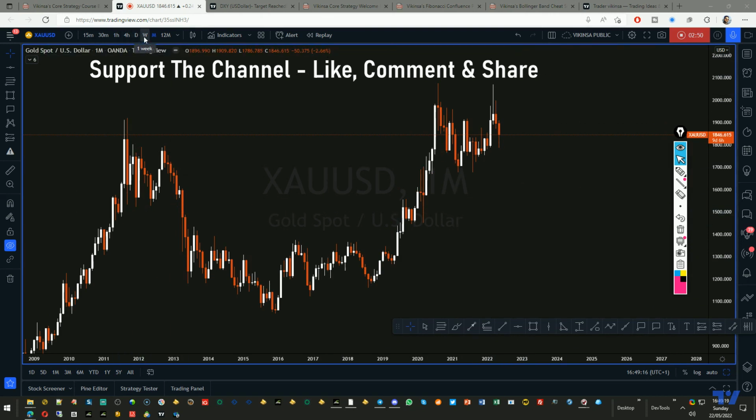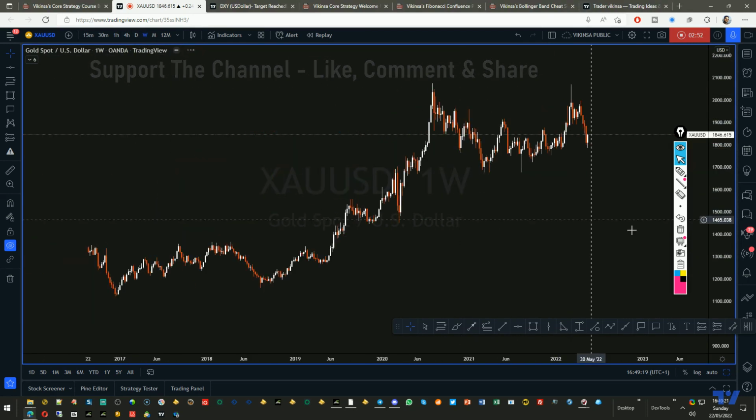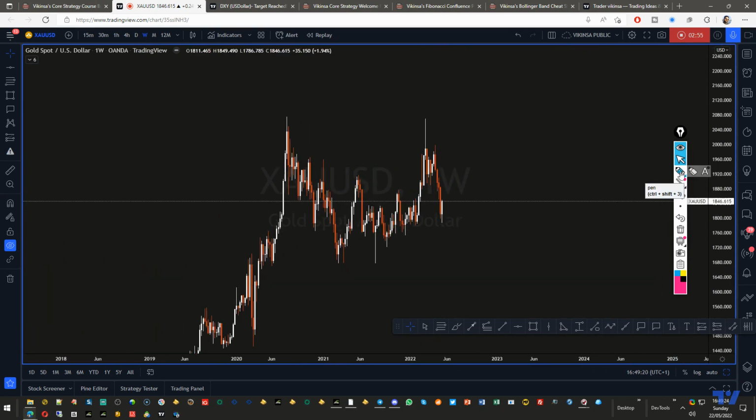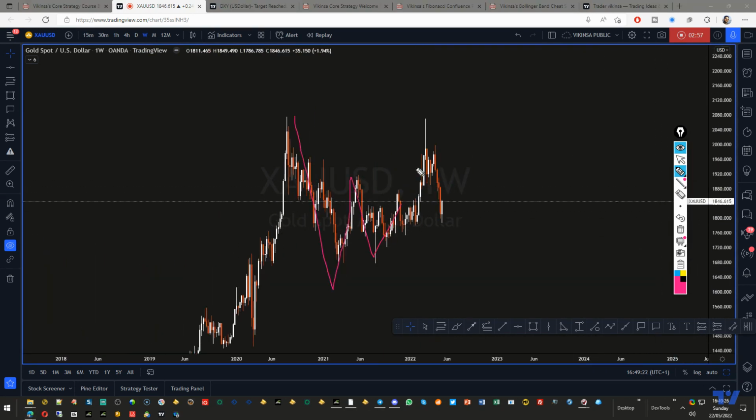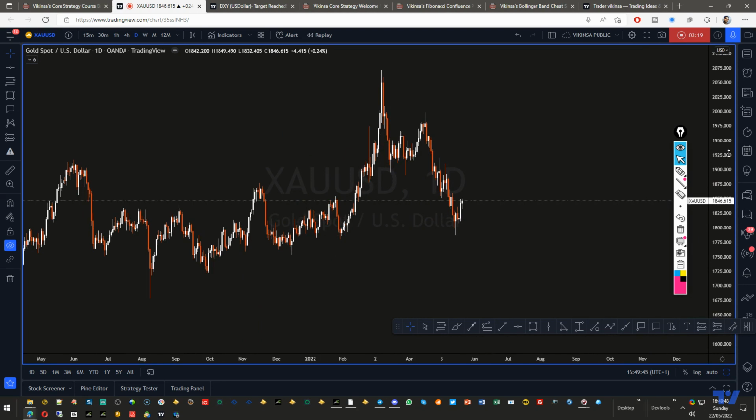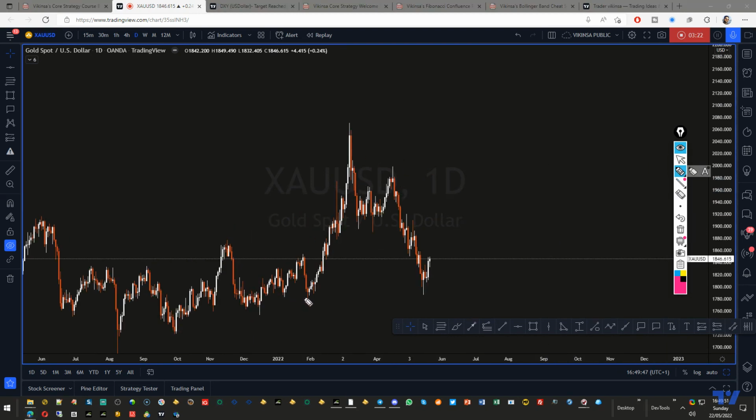Let's go to the weekly time frame. On the weekly time frame, what we have is the same W pattern which we just talked about. So we have this W pattern, and when the market completes the W pattern, it falls. Now, where is it falling? It is falling into a level which has several of these trend lines here. There are a couple of trend lines here, and then there is a trend line here at the top as well. So the market was here, and in the middle of all that, those trend lines are actually supporting the price, and at the same time in the middle of that we also have an M pattern here,